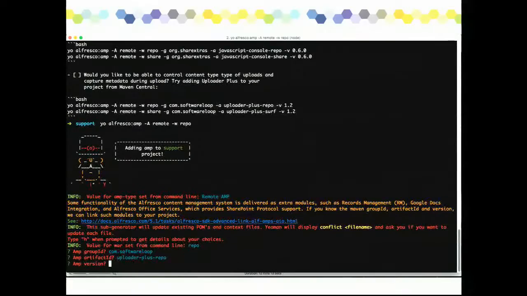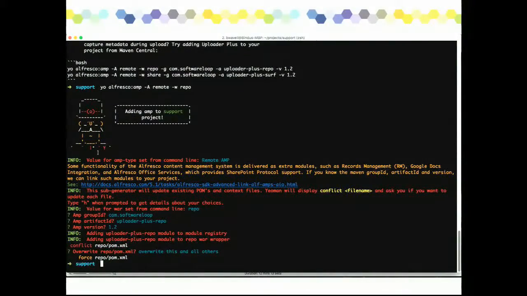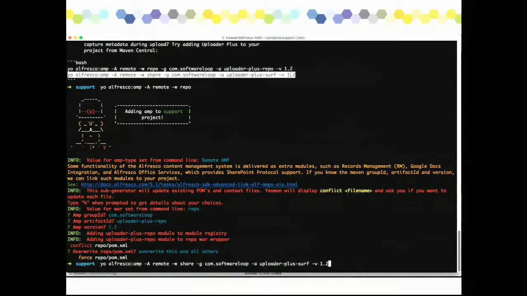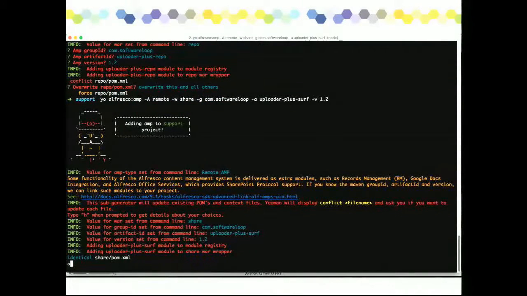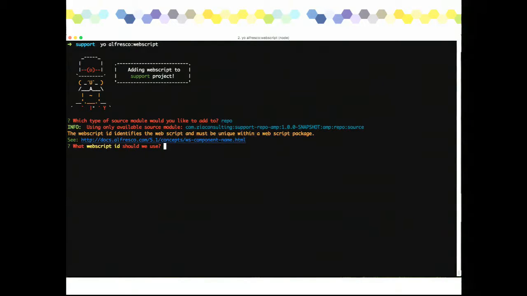So one thing that you'll notice is in that first example, I used some command line arguments, -A and -W. In the second example, I'm actually going to provide all of the answers using command line options. You can see that it basically just automatically did that. So you could actually make a playbook with a bunch of these full things and just cut and paste. So for web script, I'm going to do listing web script